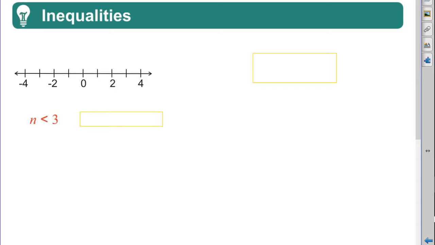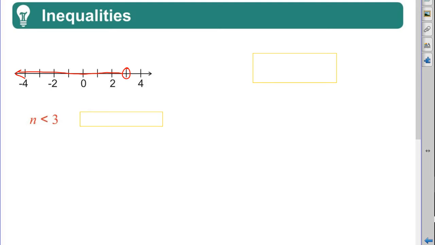All right, you got the quick review for inequalities, and so just a real quick reminder, remember with an inequality, you're not going to get a single number answer, you're going to get a set of numbers. So this is any number less than 3, right? Remember, if you were to graph this, you want a circle over the 3, indicating the 3 is not included,